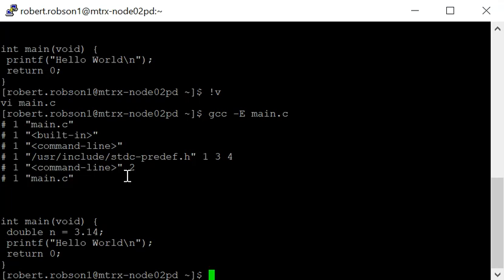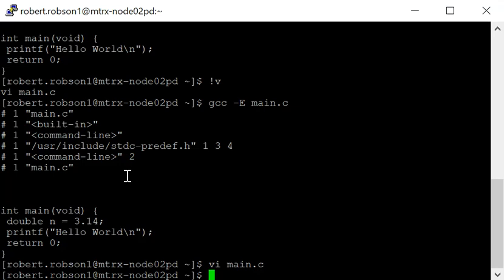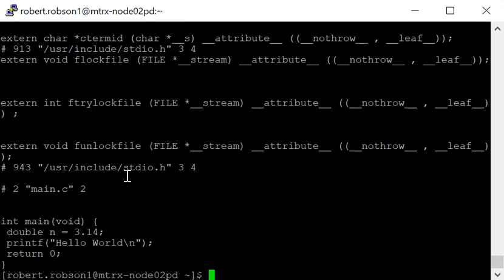Okay, so let's go and modify our program again. And this time I'm going to uncomment the include, so you can see what actually comes in with standard IO. Save that. Run my GCC. And now, not only do you see that it's replaced PI there, but it's got flockfile,